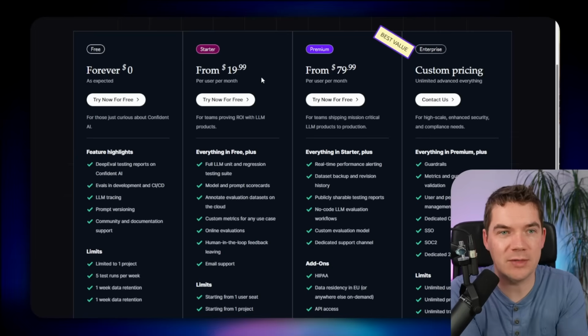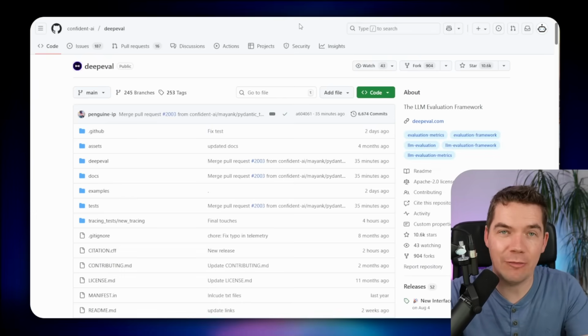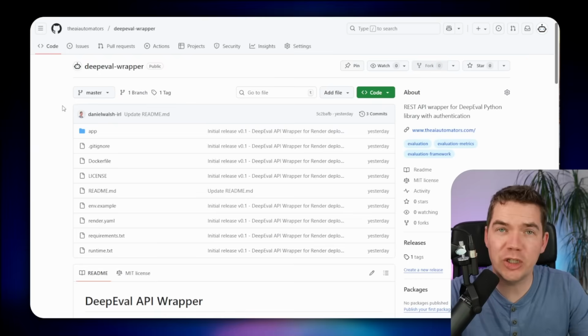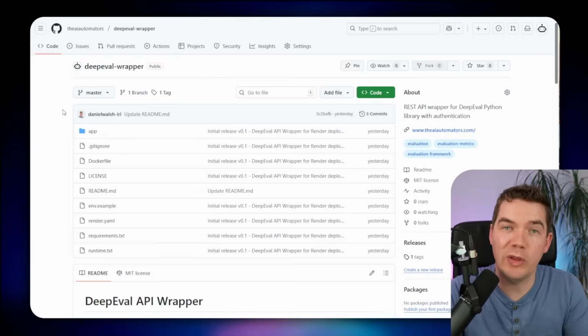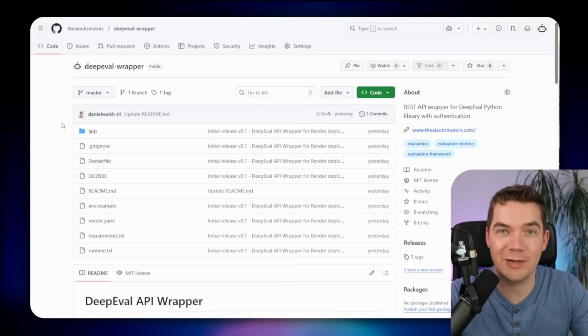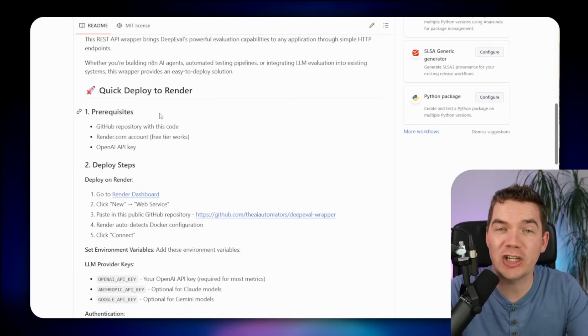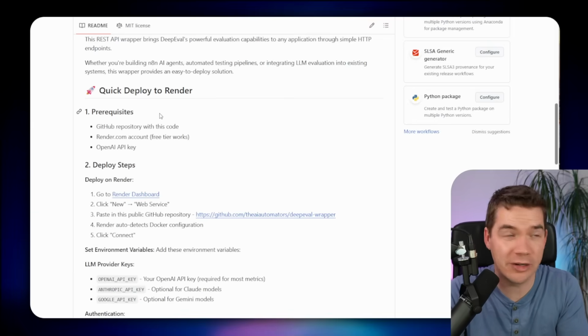There's very limited functionality that you can achieve using the Python code node in n8n. So to be able to trigger DeepEval from n8n, I created an API wrapper for the framework. I've published this on our GitHub repo. I'll leave a link for it in the description below. But it's essentially a REST API wrapper with authentication where you can use HTTP nodes in n8n to actually ping the service to evaluate different test cases. I've also included quick deployment instructions on how you can quickly test this out on Render, even on their free